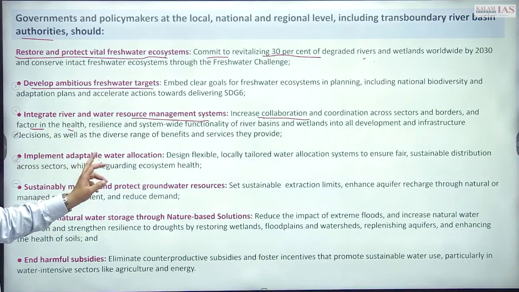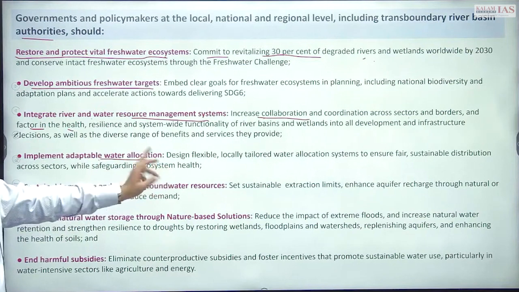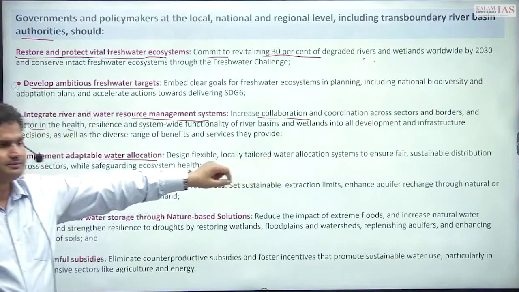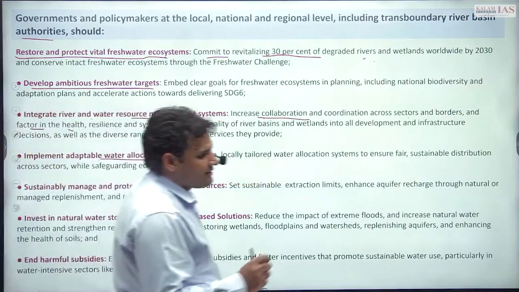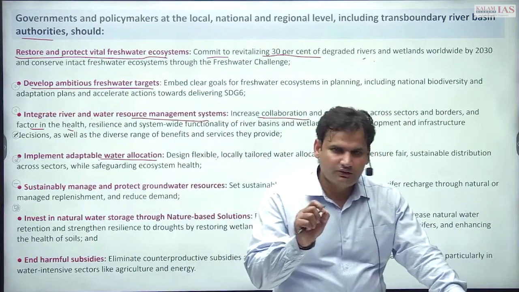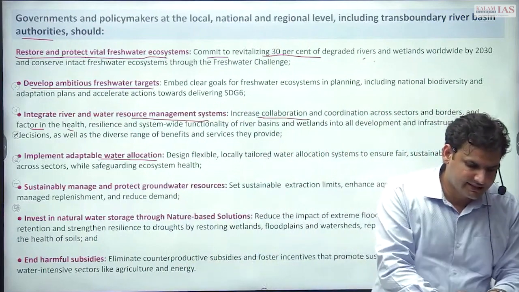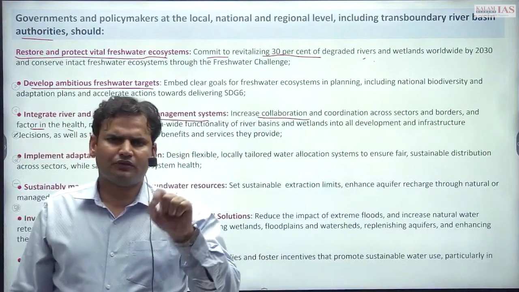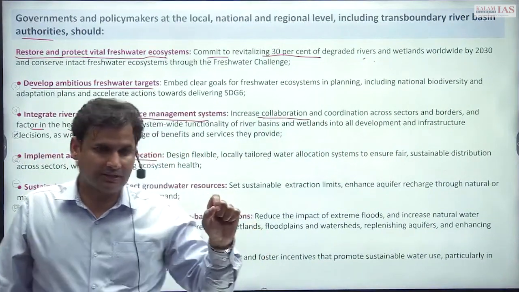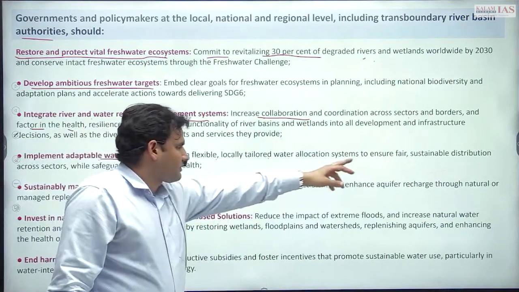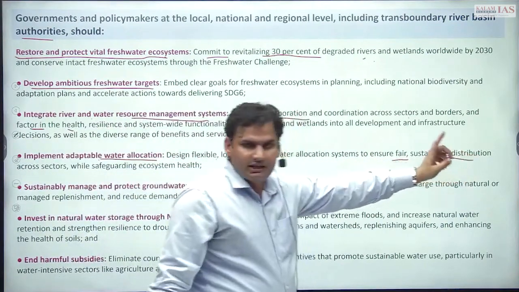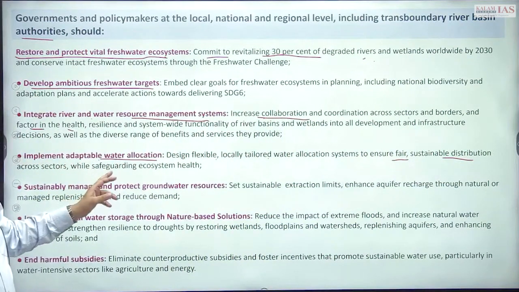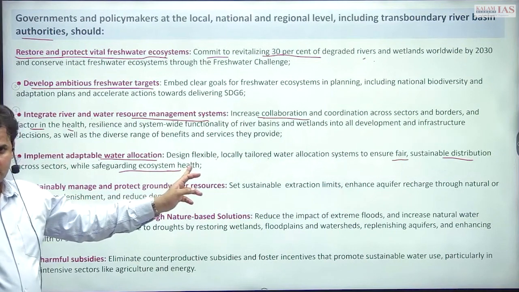Thereafter, implement adaptable water allocation. Design flexible, locally tailored water allocation systems. Now, this is a very crucial point, because in the majority of the major rivers in India itself, you will see that we have a number of water disputes, right? So there should be fair, sustainable distribution of water across the sectors while safeguarding the ecosystem health, because that is